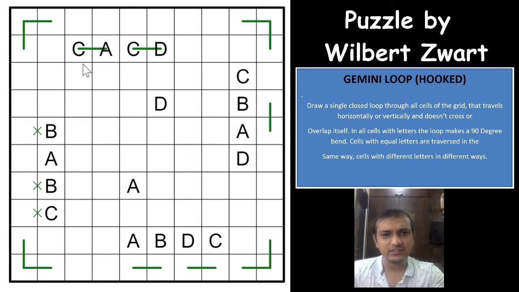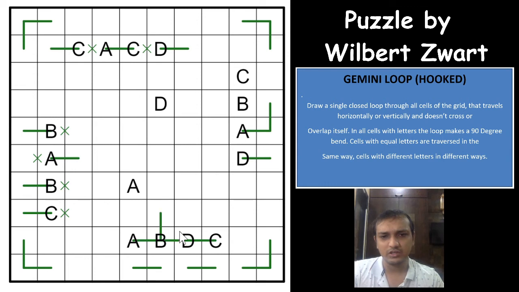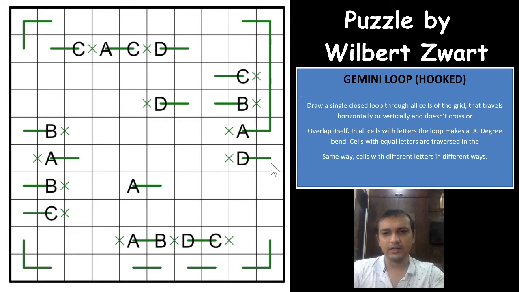In that case, we found that C will never go towards the right, and it will have to go towards the left. So C and B will have to go towards the left, and A and D will have to go towards the right, right? We can mark that here: A and D will go towards the right. We can just mark all the possible scenarios here where A and D go towards the right, and C and B go towards the left. And maybe a helper here to just get used to the notation of the puzzle easily, right? And D will come down here.